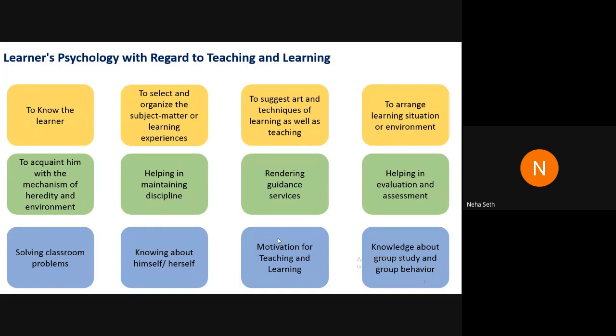I generally give this example: it very commonly happens with people from commerce and management backgrounds. There are a number of papers which are common for management and commerce students, but the way we take classes for them is different. Suppose we are taking financial management classes. The way we teach this subject to commerce students is different from the way we teach the same subject to management students. So we need to understand our audience before we prepare our class or before we actually enter it.